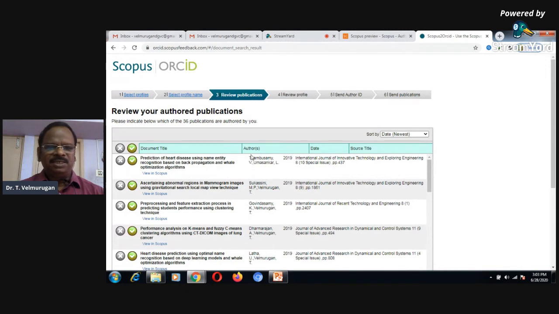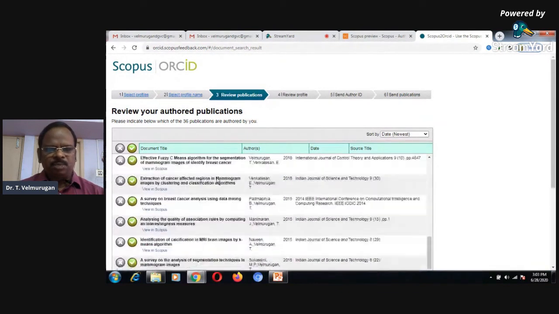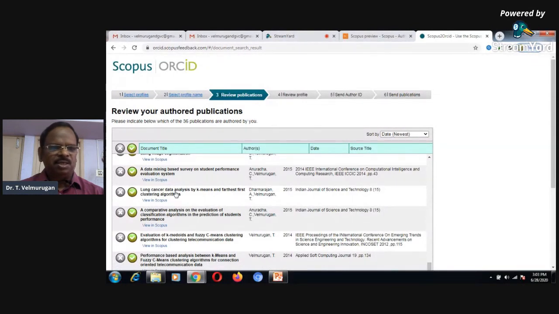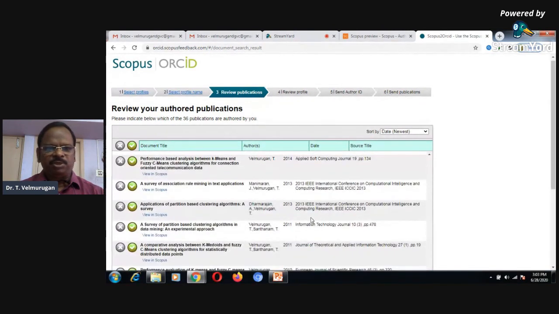And the indexing is carried out differently; first name, last name, and name differ. Suppose you want to find out if this article is available in the Scopus database, view in Scopus database, which will give some information about the source of your files. So everything is available. So you can find out whether all these papers are yours or not. Suppose any paper is not by you, you can click this one. Then this is not included in your papers. Suppose you click this one, then all these papers are yours.